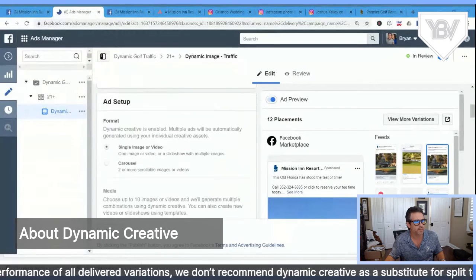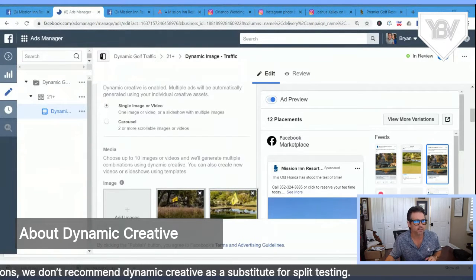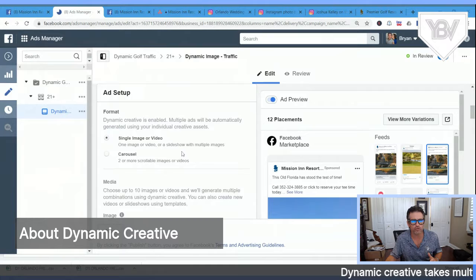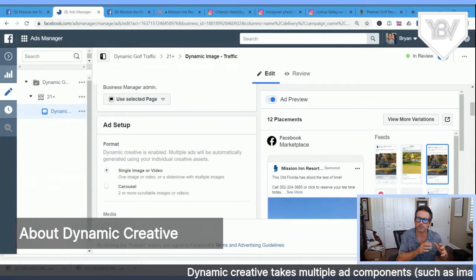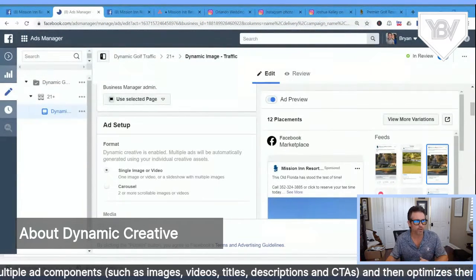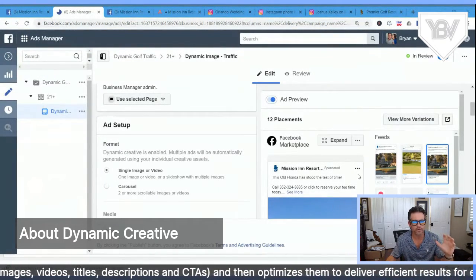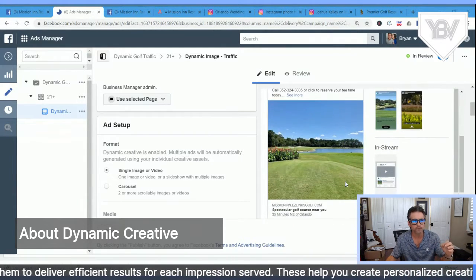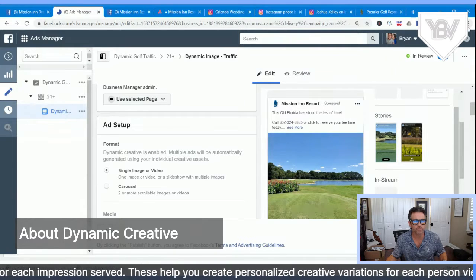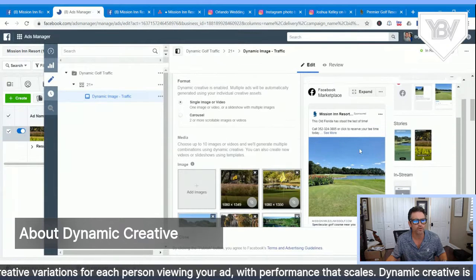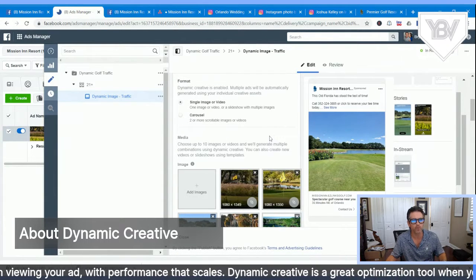And basically what you're looking at here is the inside the business manager of the Facebook ad tool. So inside here, I've chosen to create a traffic campaign that is using dynamic creative. And what I want to show you, this is a very involved process, but what I want to give you is a basic overview. And over here is kind of the, let me see if I can reduce this. This is kind of hard. There we go. What you have here is the preview of what the dynamic creative looks like once we go